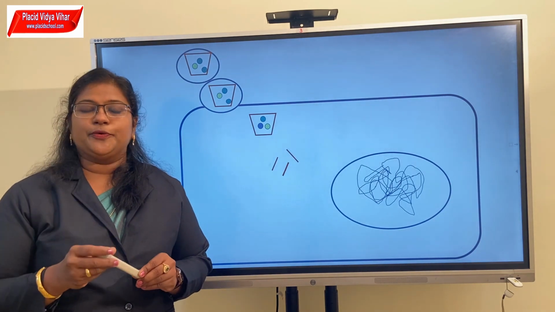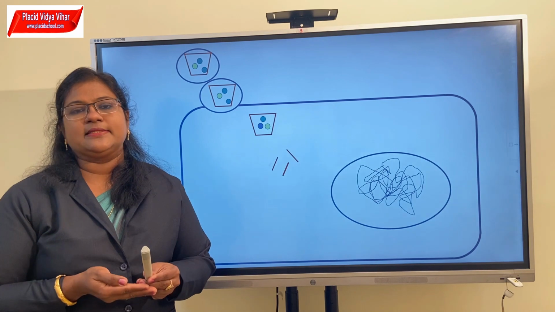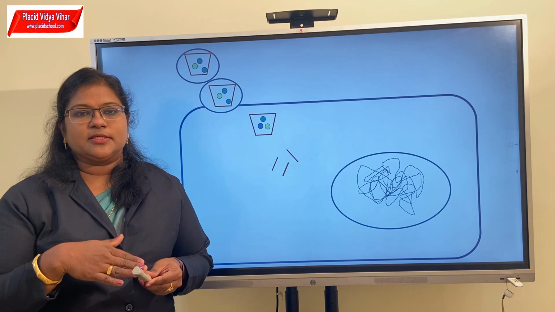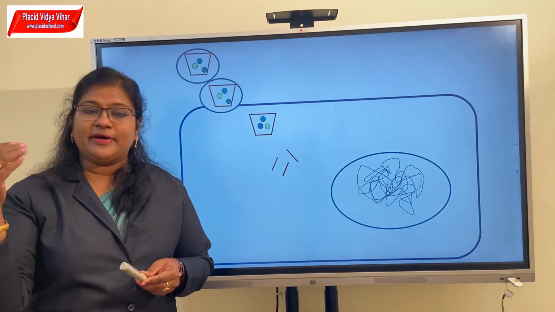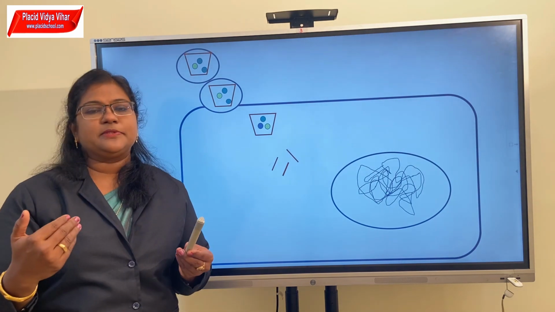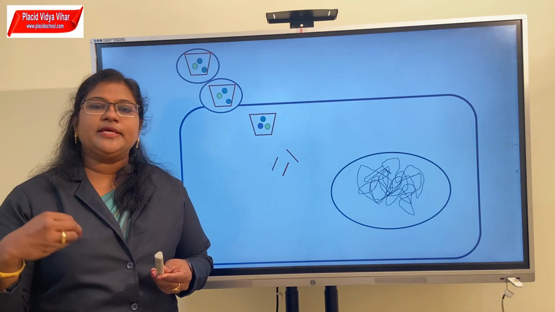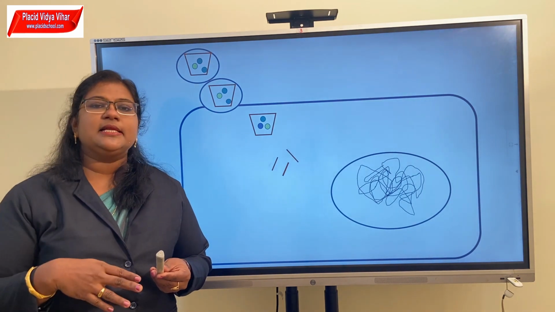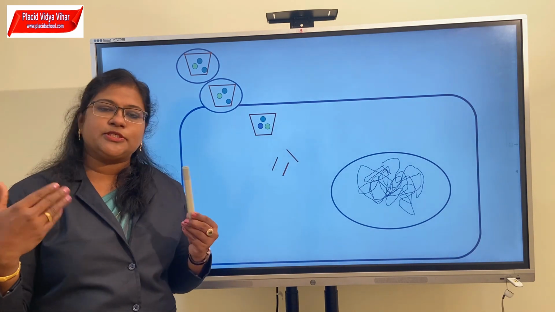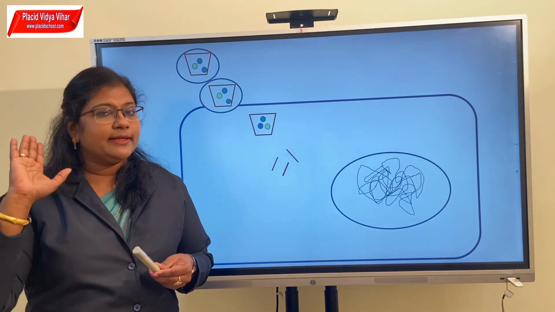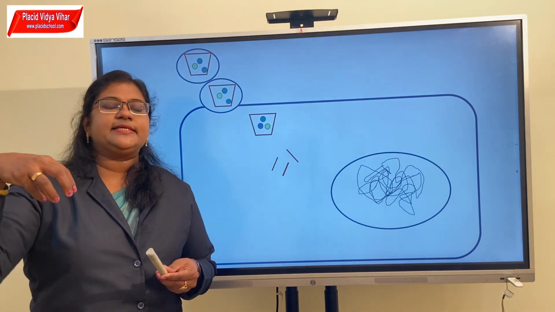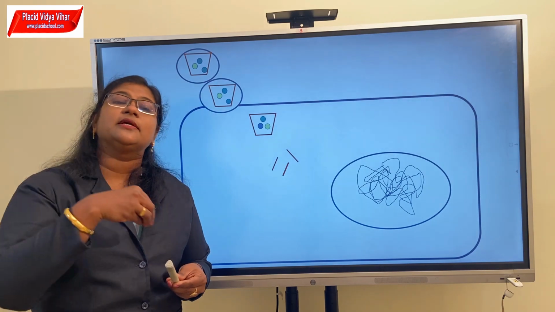It is a glycoprotein which is present on the surface of these cells, and normally you know that no cell will allow a virus to enter. So this cell surface receptor is not for the viral entry, it is for our body for its own immune responses. It is a receptor which binds to antibodies, then certain antigen presenting cells, and helps in the immune responses of the body. So normally it has a physiological function. The virus is tricking us. It has proteins on the surface which bind to these CD4 receptors and enter our cells.